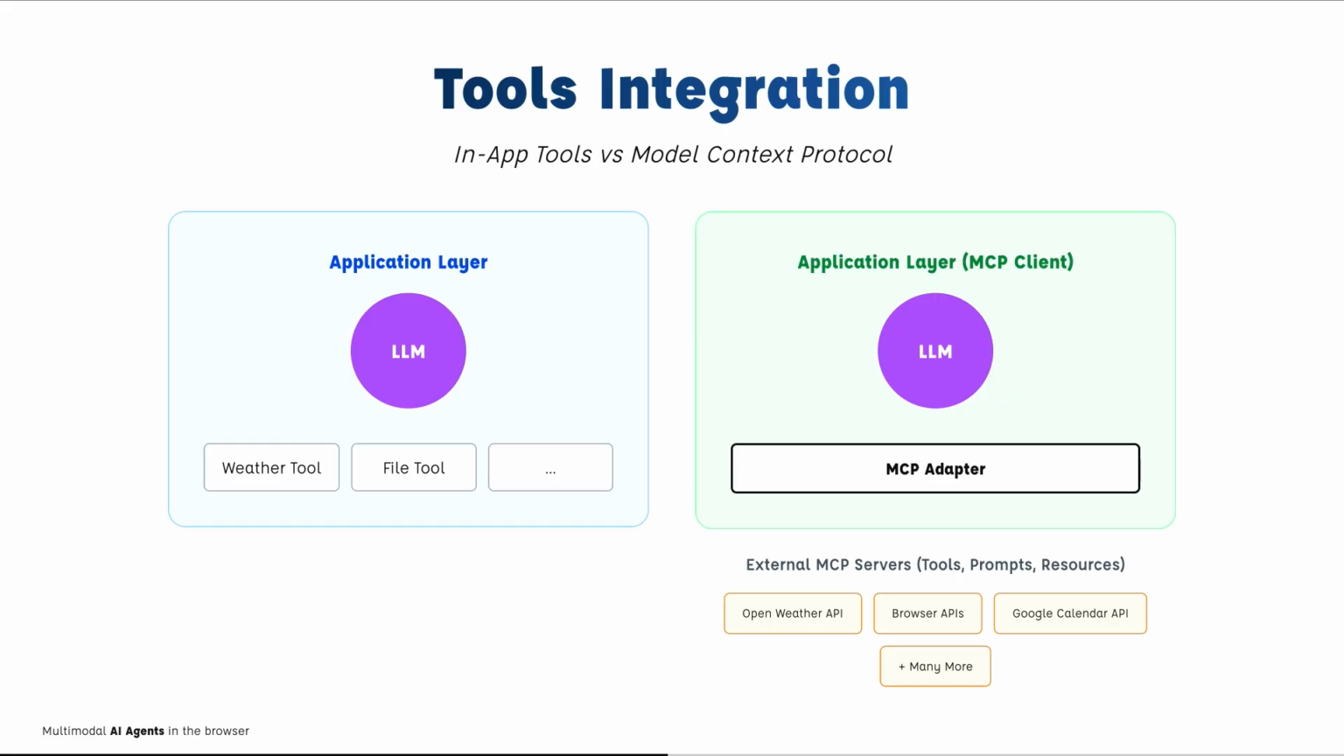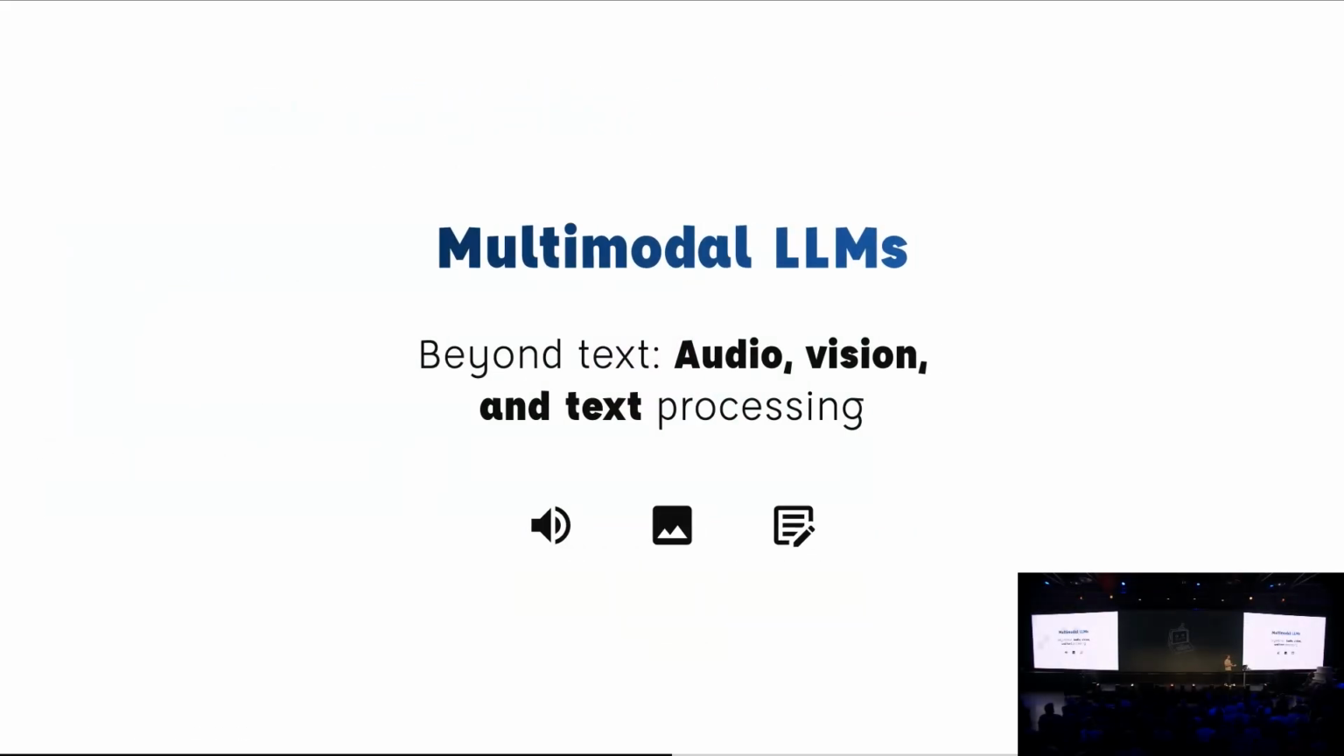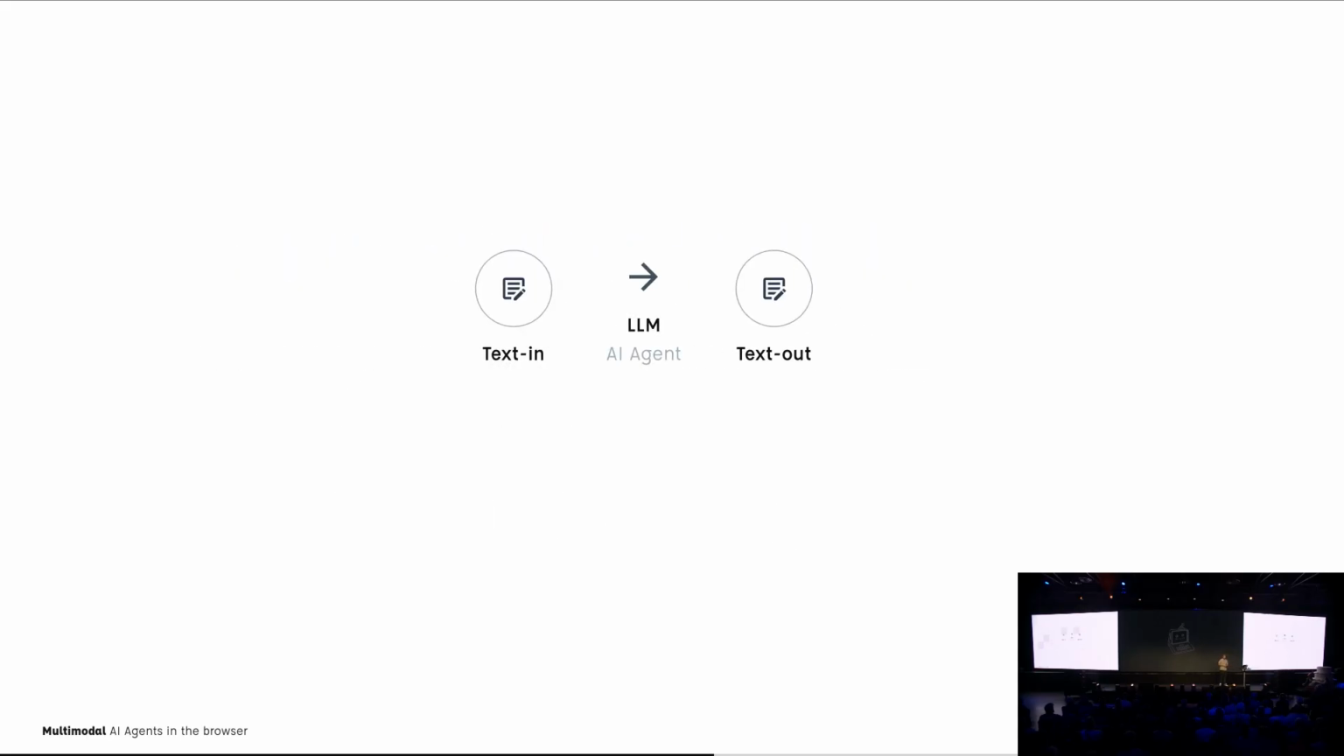Okay, so we have tool calling. Let's have a look at multimodal LLMs, because right now I was only talking about text in, text out. And that's basically all I can do right now. I have text. That text goes through the LLM, through the agent, and I then have text on the other end. What I wanted to do is have audio input that goes through the LLM and then